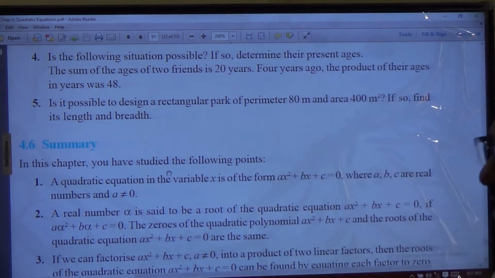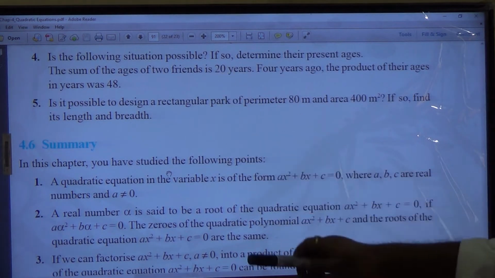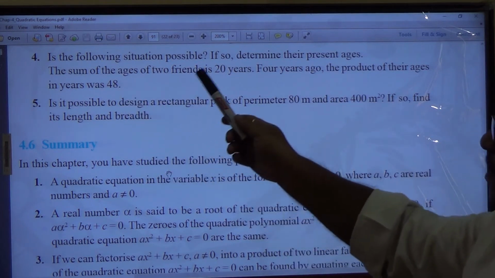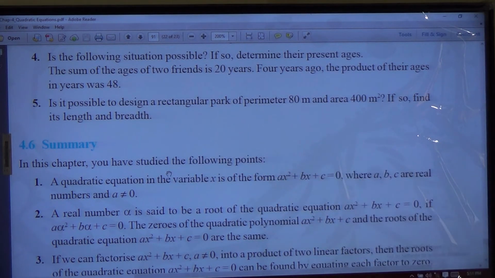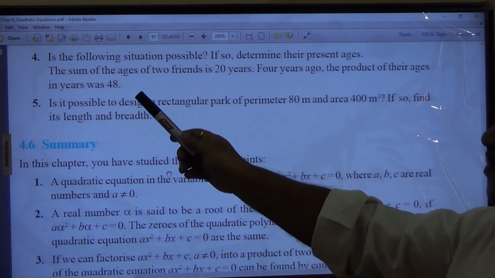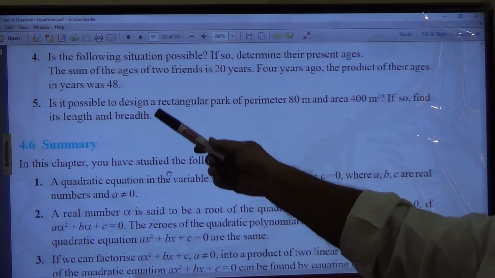Is the following situation possible? If so, determine their present ages. Same. Sum of ages of two friends is 20 years. 4 years ago, the product of their ages in years was 48. Simple. I'll consider